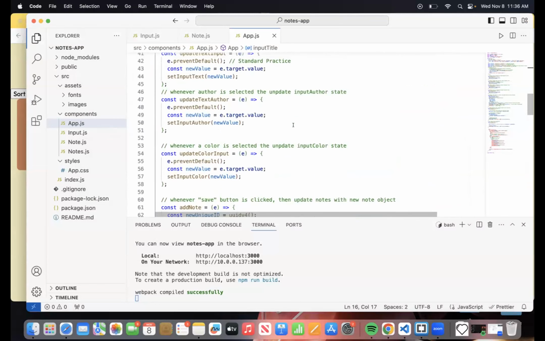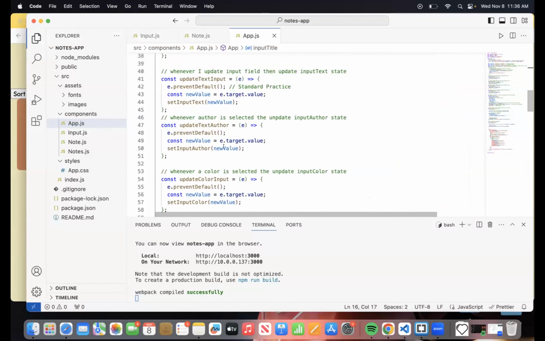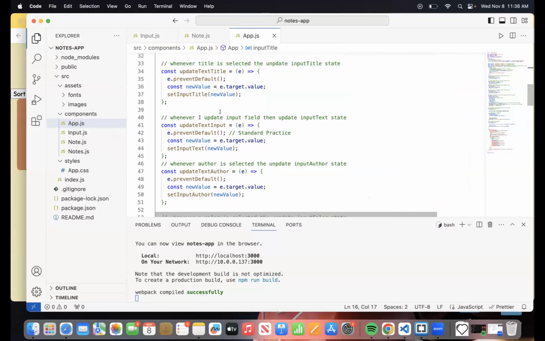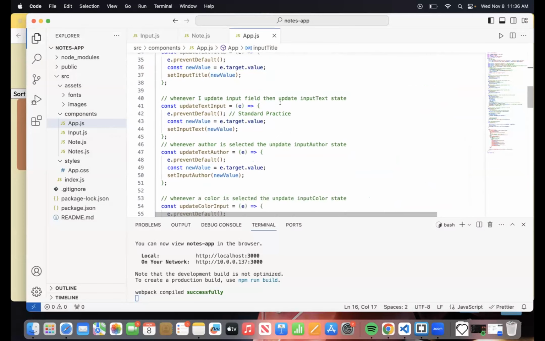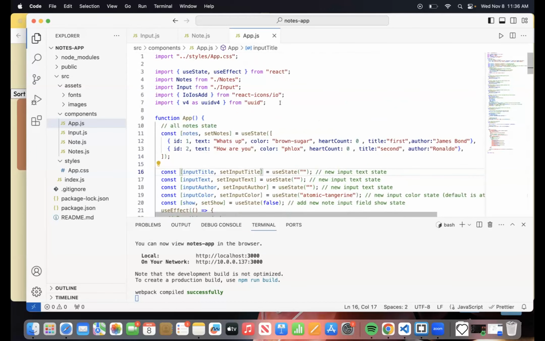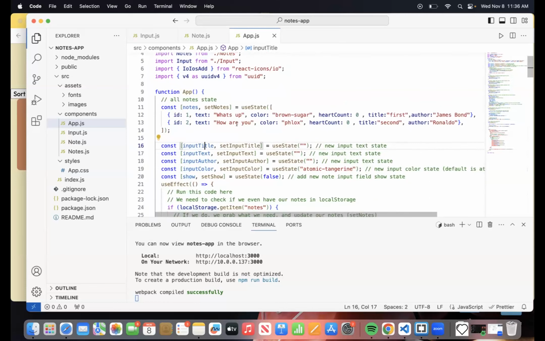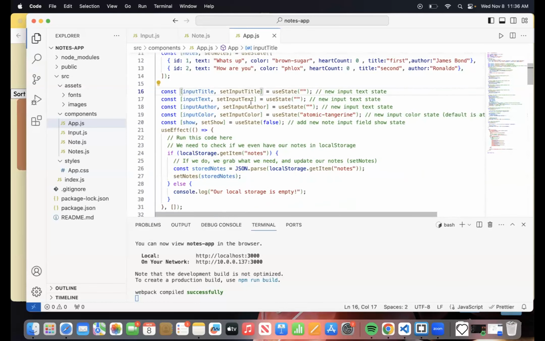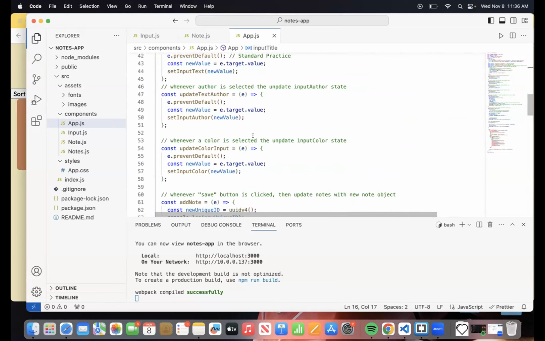But what? Set input author. Good over here. Set input text. That's good. Set input title is also good. So that makes me wonder what the issue is. Set input title. Set input author. Everything seems just fine.